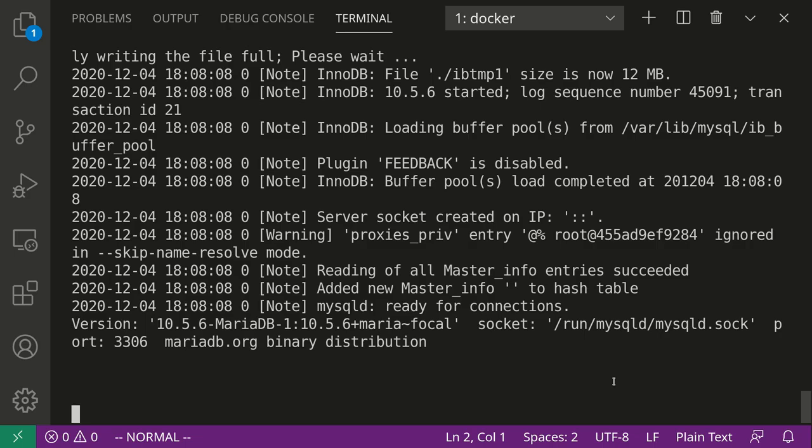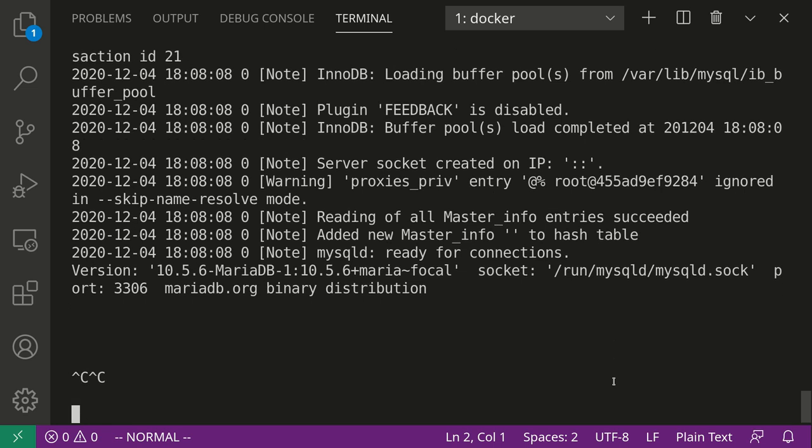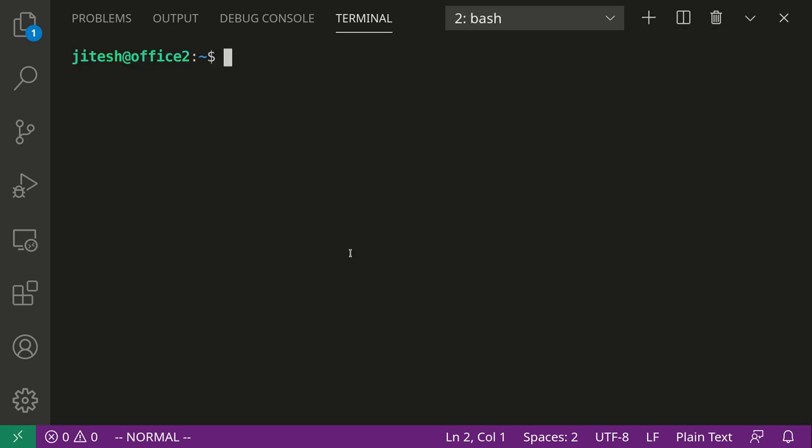How do I get out of this? It's occupying my terminal. If I press Control C, it's not doing anything. Control Z, not doing anything. It's not letting me get out of it. So that is specific to this particular container image, but we still have the issue. How do we break out of this? So in order to break out of this, I'm just going to open a new terminal, and I'm just going to run docker